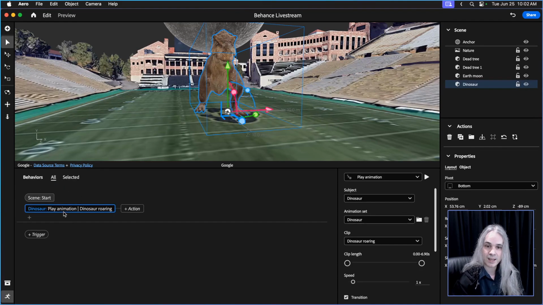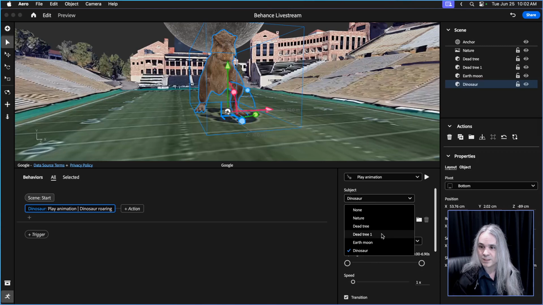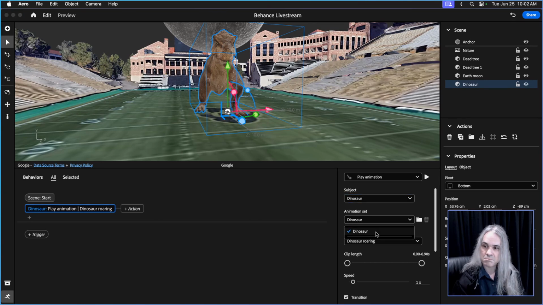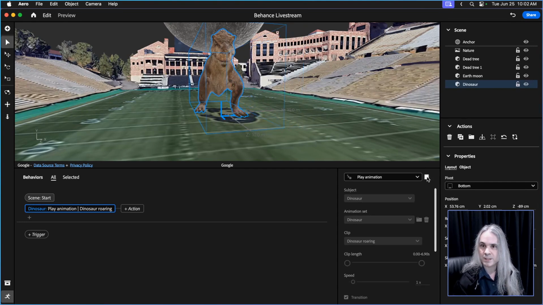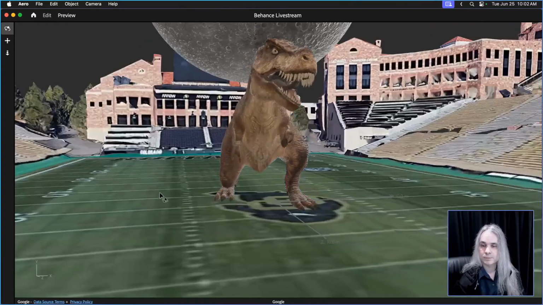So we know that this one does because it was under the animation category. So we're going to say play animation. And you can see here it defaults to a specific animation. The subject is dinosaur. Of course, we could change it to any of the other objects we have right now. Animation set, dinosaur. Clip. There's only one clip in here. There could be multiple. This one, there's just one. That is dinosaur roaring. And if we hit the play button here, we can actually see what that animation looks like, right? So if I go into preview,